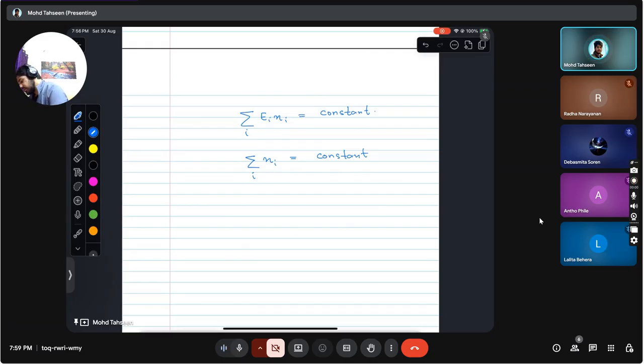So if we substitute all of this, what we get is omega of n bar is equal to the product over i of Si factorial divided by Ni factorial times Si minus Ni factorial. And we have to maximize this. Since we have to find n naught, we have to find an expression for n naught. When n naught is achieved, at that time this omega n will be maximized.